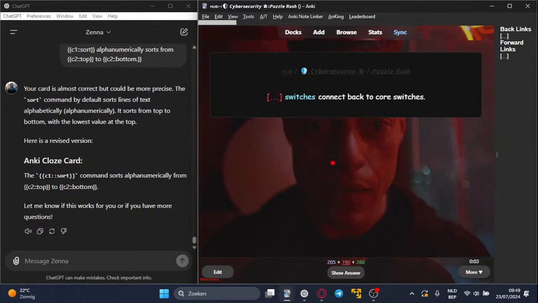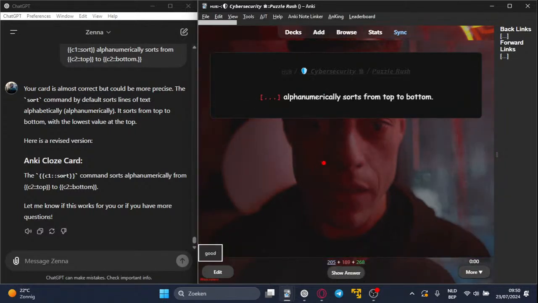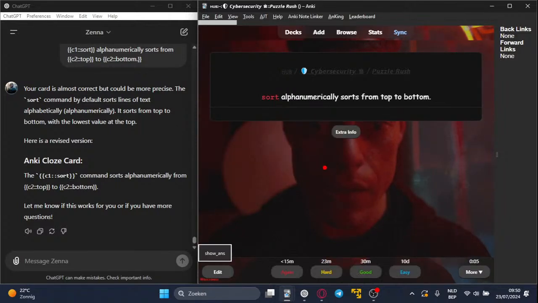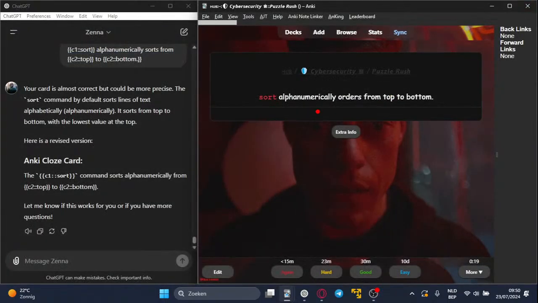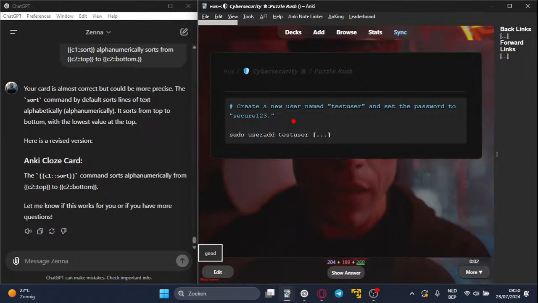DOS switches connect back to core switches, distribution switches. Sort. A bit more. What is this called? Get a bit further. And so double ampersand, is it called ampersand? Yeah, and then